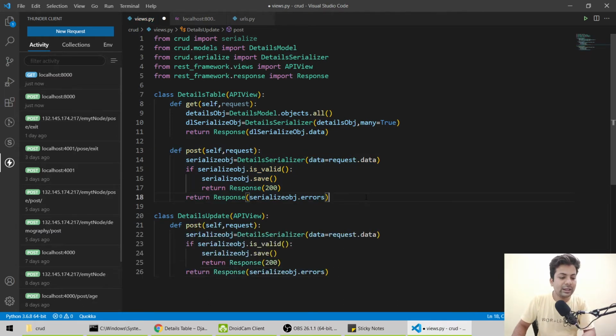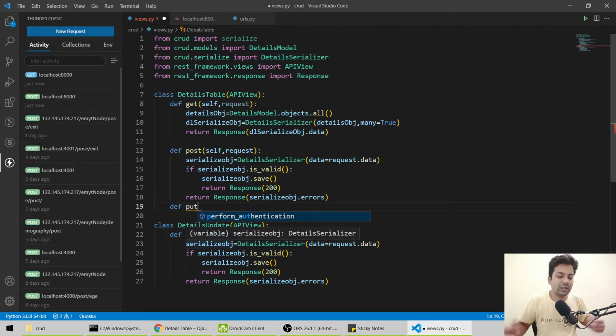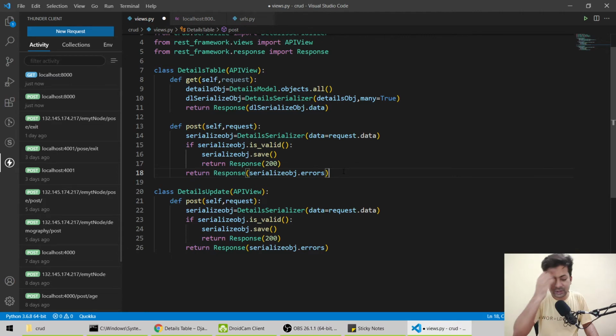We can't write it here only. If you're wondering why we are not writing post here, there would be two post requests. If you make it put, then that can work, but generally we work with post only. So make another class and paste the post request there.